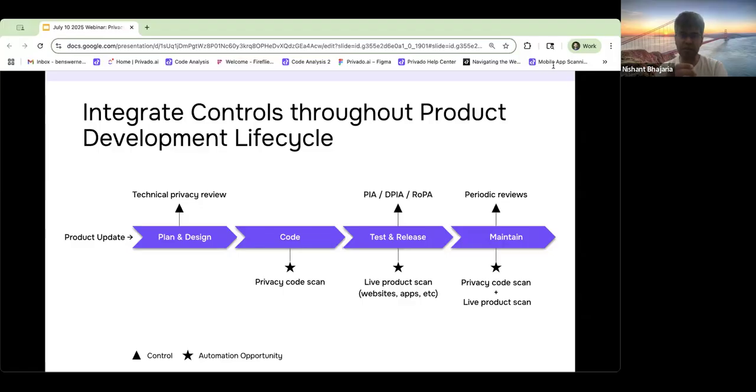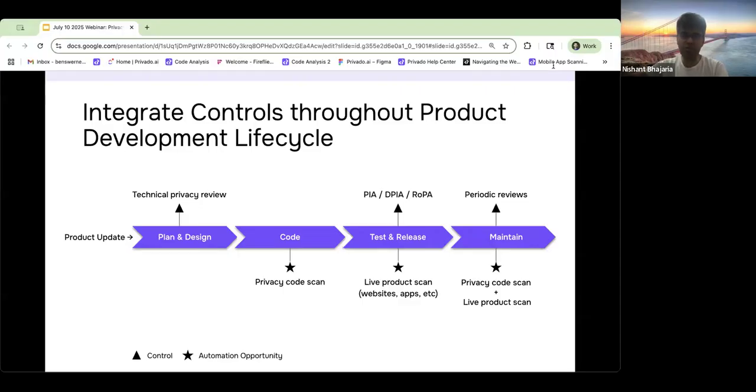So anything that closes the gap between what is allowed with the data and what you do with the data is a control. So I would say the review process that happens in the beginning of the development cycle, that's a control. The code scanning that Privado does, that's a control. The PIA process is a control, and random reviews like an audit is also a control. So I'd say having those controls occur throughout the system is much better